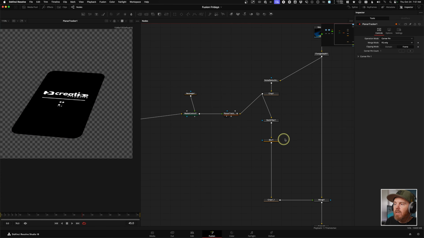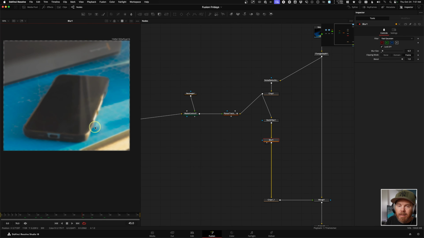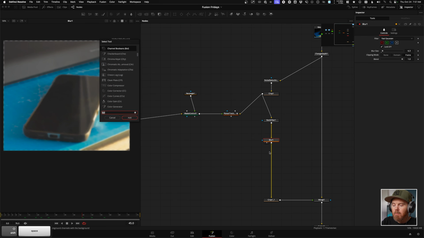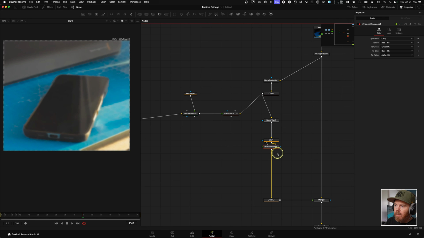And what we need to do is add, after the blur tool, right? This is our whole blur section. We need to cut this out. Before we cut it out, I'm going to add these two together. The way we do that: channel booleans, shift space, BOL, channel booleans 2, make sure it's not the one with the 3 bowl, hit add, and then once we do that in the flow over here,